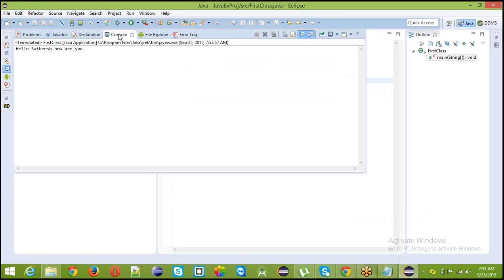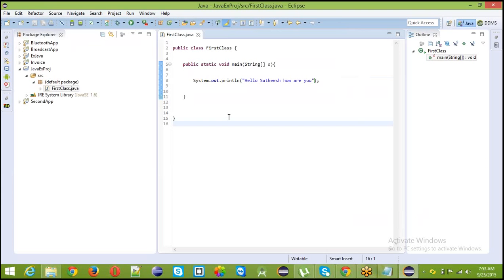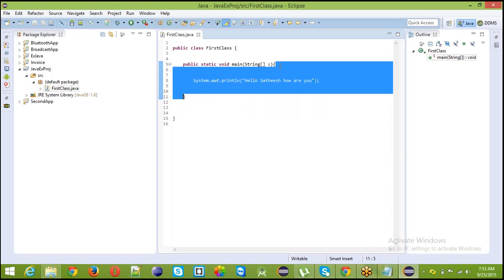Okay, this is nothing but the console window. Whatever output is coming from your program will be shown in the console window. This is very simple. First class. Basically, you have to observe one thing: this is a static point. When you are creating the class, you have to create one starting point, the main method, and your code will start after this bracket. From here to here, the entire code will be written.